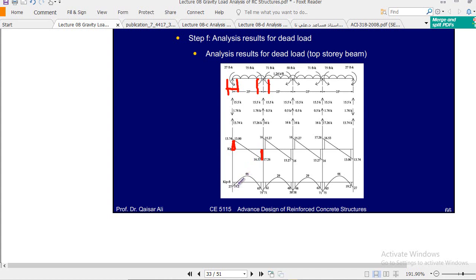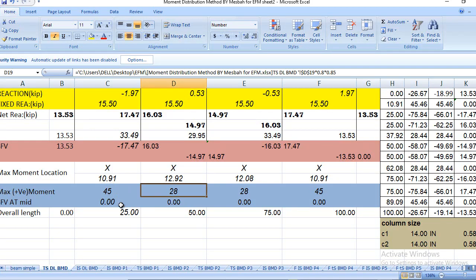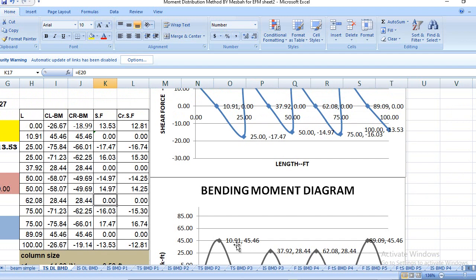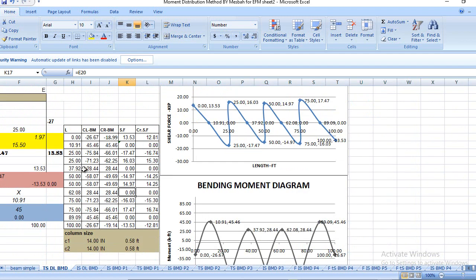Similarly, you have to multiply this 19.2 with... Okay, so next you see 45, 28, 28, 45. Now let me show you this table. Clear? This is very important to understand. Clear? Now in this table you see here, let me minimize this. Clear? In this table you see here what we have basically,